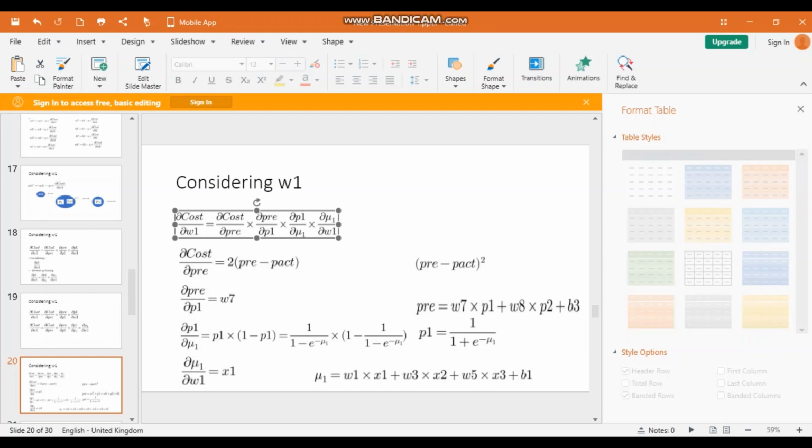So in this slide, what I'm trying to explain is what value each partial derivative has. We're going to start with the first partial derivative of the product. We have this one, remember, this comes from the cost function. Then we have weight 7. So if we derive it with respect to